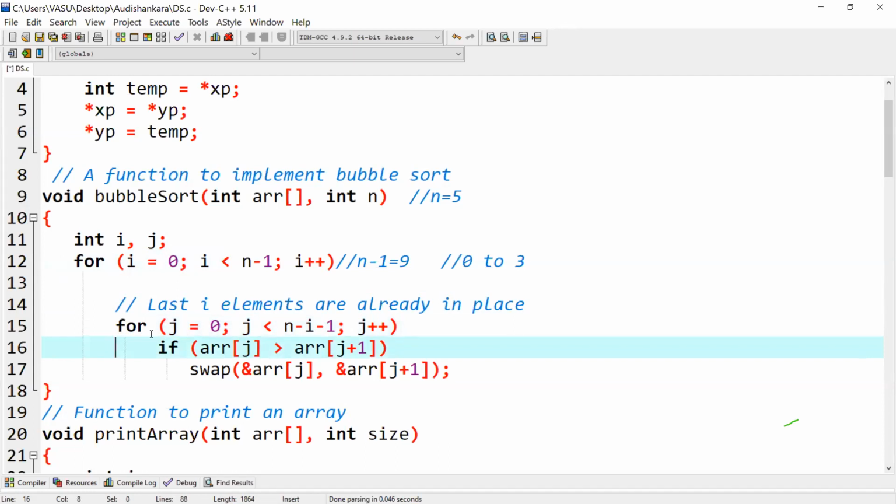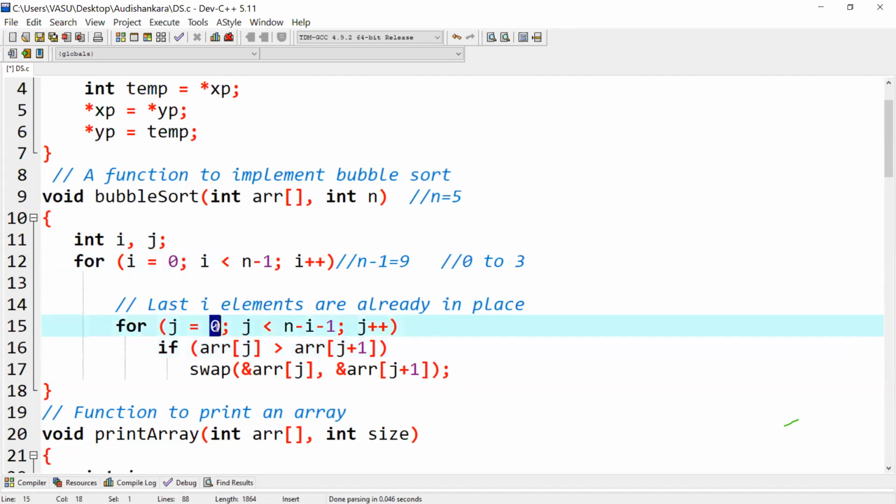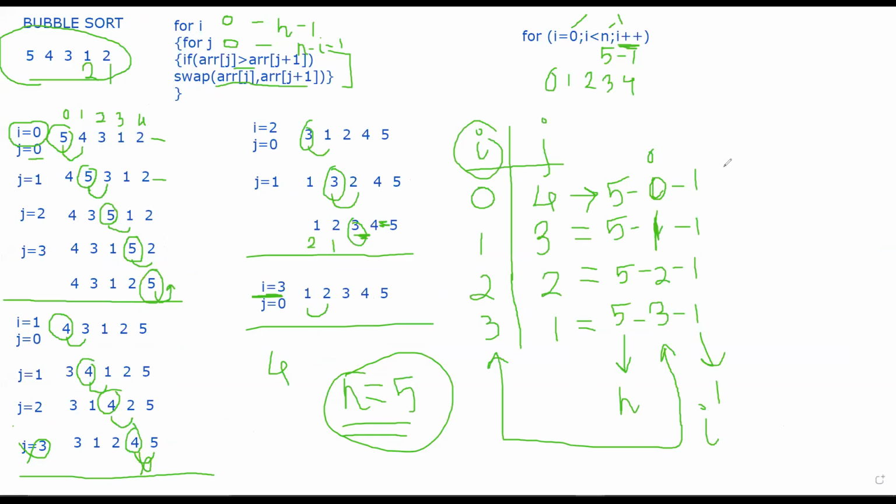Then for this particular for loop, what are we doing? Starting from 0 till n minus i minus 1. Now what is n minus i minus 1? Over here we saw n minus i minus 1.